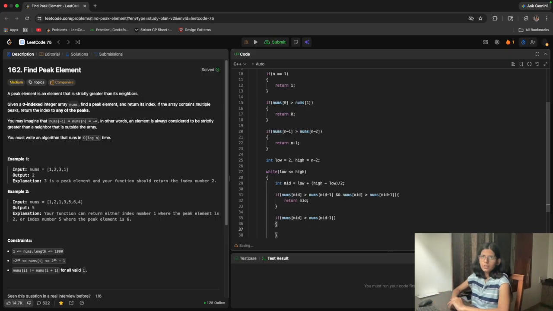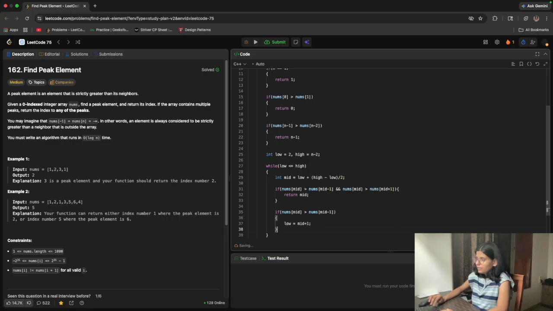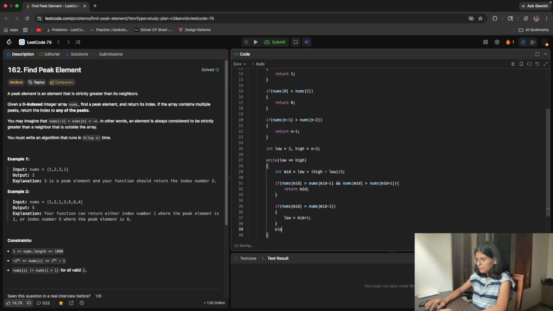Then my peak lies after mid. You can understand that, right? So I need to do low equals mid plus 1, and go ahead and search in the next space. If the next condition is true, not the first condition, it means that I am on a negative slope.